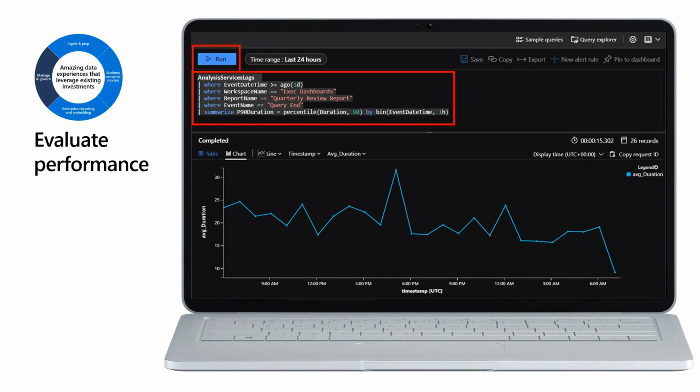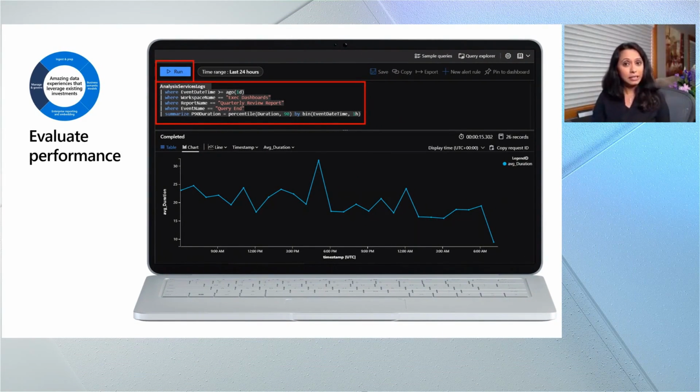Now, one of the things I do want to mention as part of the sneak peek is that we will also be bringing this out with a few template apps. So you will not only be able to use our out-of-the-box template apps, but you'll be able to tweak those apps. And maybe you want to blend this usage and performance data in with your own data from your HR system and build your own reports. And you might actually want to integrate this data in Log Analytics with all of the other Azure services that are using Log Analytics.